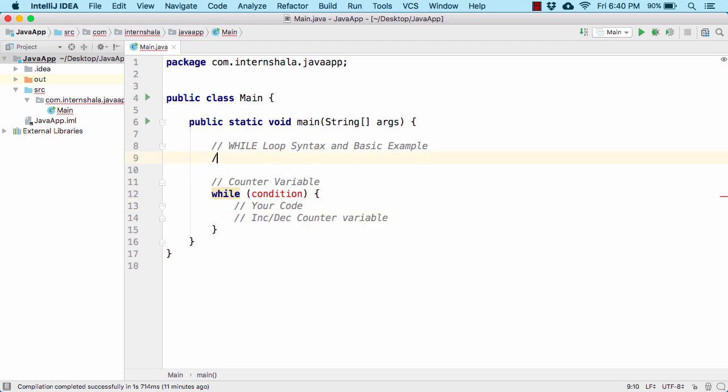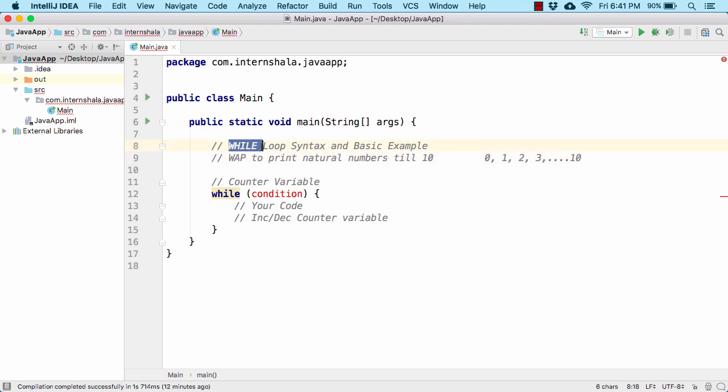Now let us write a very simple program to print out the natural numbers till 10, that is including 0, 1, 2, 3 till 10. So for that again we have some pattern. We are incrementing the counter variable from 0 till 10, right? So in that case again we need to use a loop. We can also use a for loop, but here I am using a while loop just to explain you the syntax and